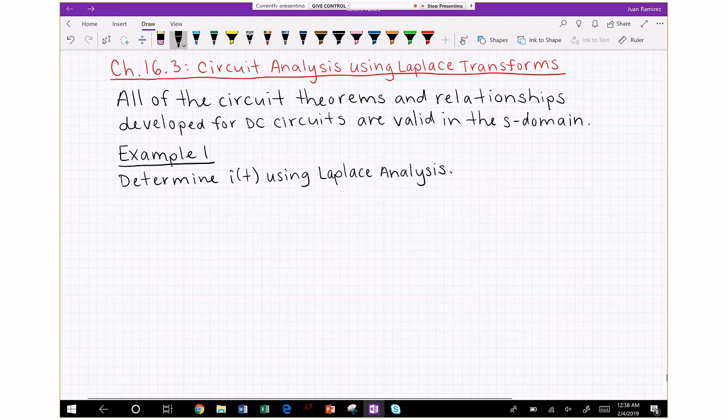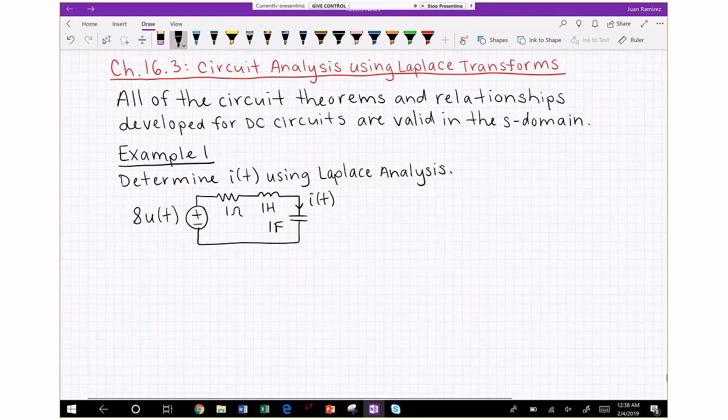Okay, so for this series RLC circuit, we want to find the current in the time domain. We learned a step-by-step method on how to do this, but we also realized that that step-by-step method takes quite a bit of time to do. Let's see how long it takes us to analyze this series RLC circuit with a step input by just using